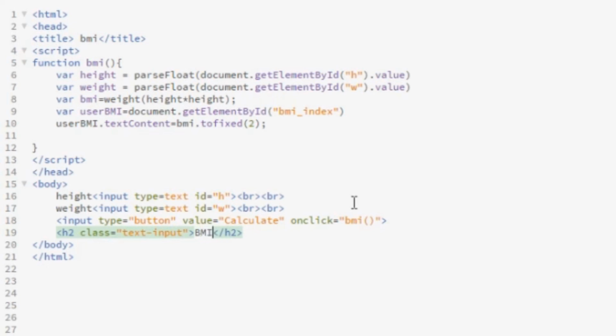So we will say BMI equals, then make a b tag, and then say ID equals BMIindex, the one we set in the userBMI variable, and